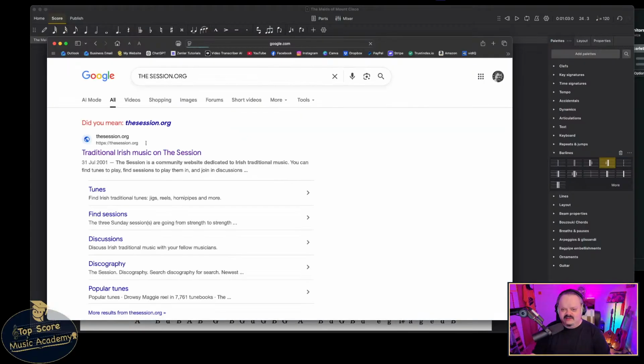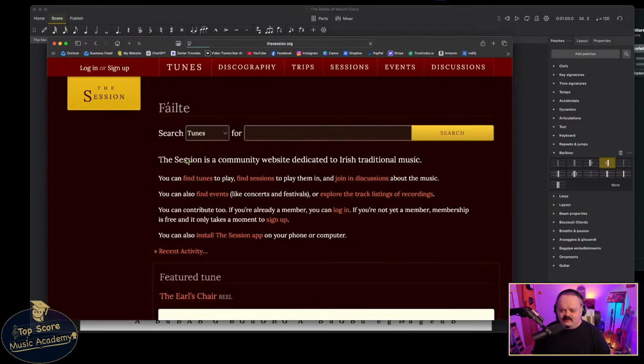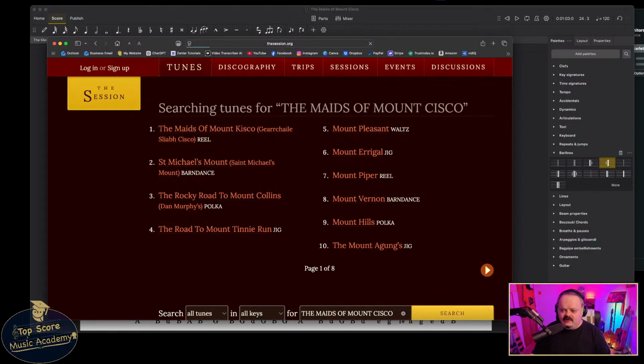That is kind of like the library of everything to do with tunes. And welcome, Valcha, welcome. If you type in here, search tunes, you can search anything, recordings, sessions, discussions. There's so much that you can do nowadays. So we're just searching for tunes. That's the default that it starts on, because that's what most people tend to use this for, as well as discussion forums. So if we go into tunes and just type in the Maids of Cisco, hit enter,